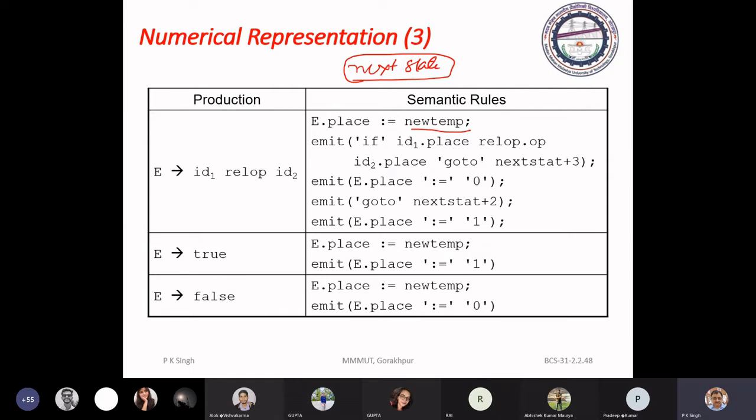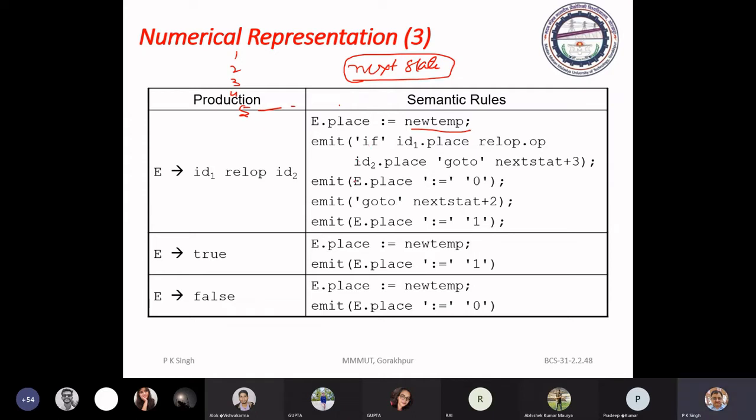Suppose you are generating a sequence of three-address statements 1, 2, 3, 4, and after generating these you want to generate a new three-address statement. Next state will be 5, and here you will write the three-address statement. So here it will write next state plus 3.